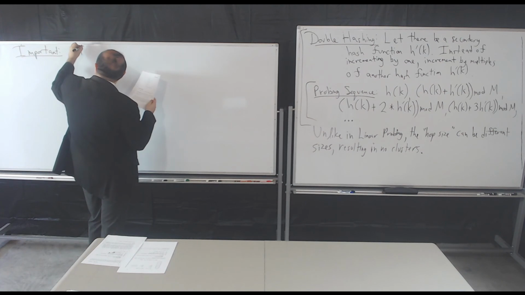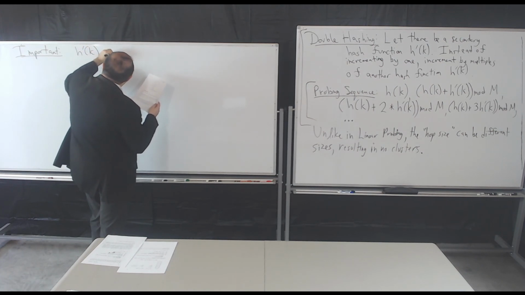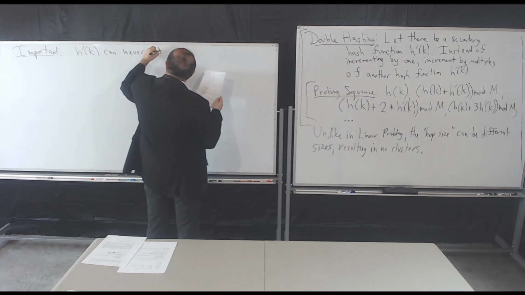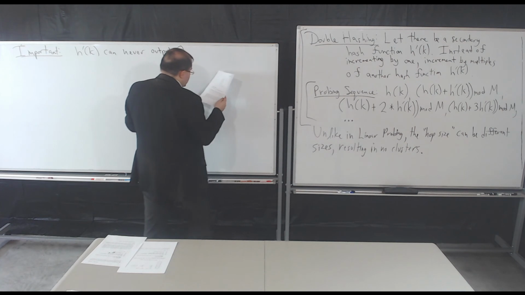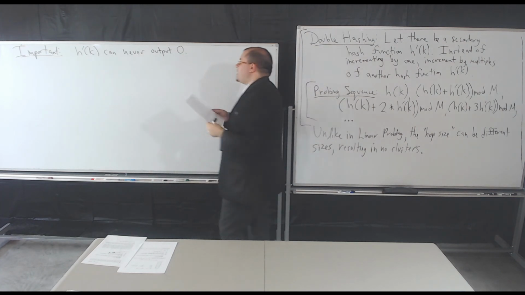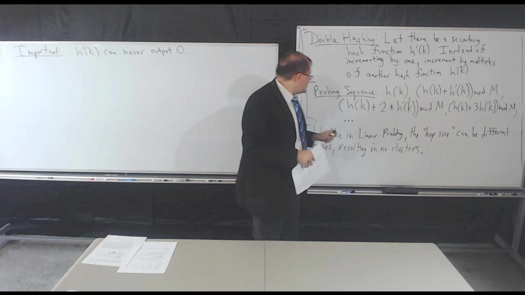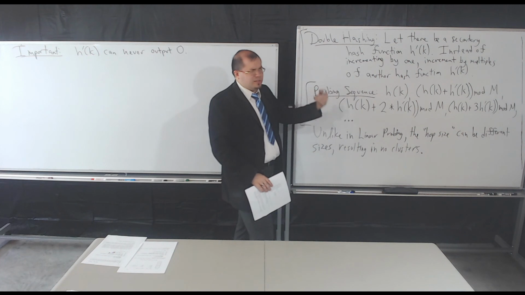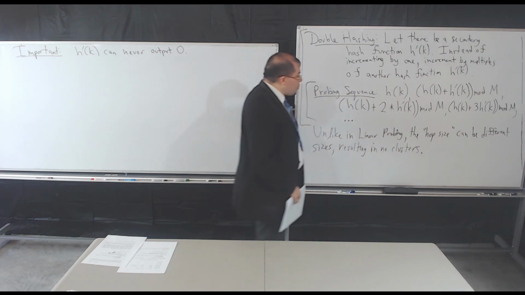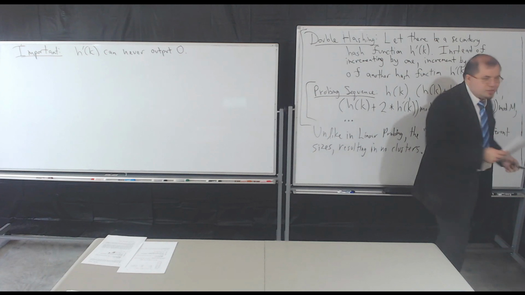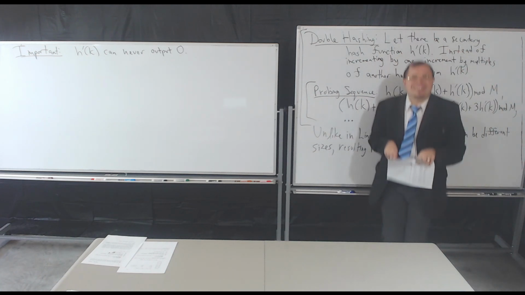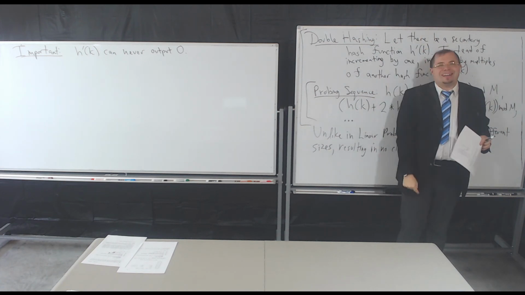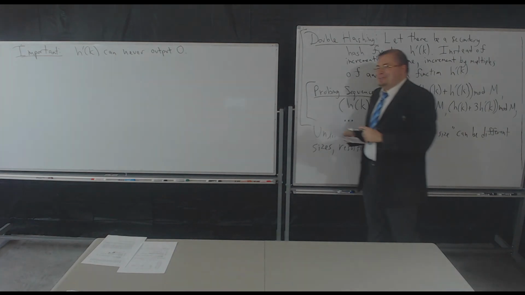So h of k, h prime of k, can never output 0. Why can it never output 0? Look at our probing sequence. I take h of k plus that h prime of k and then some multiple of it, right? Well, if at any point it's allowed to become 0, it's just going to be a bunny just hopping like this, right? It's going to be going with those rocket boots all the way up and then come back down. And it's not going to be doing a whole lot of hopping